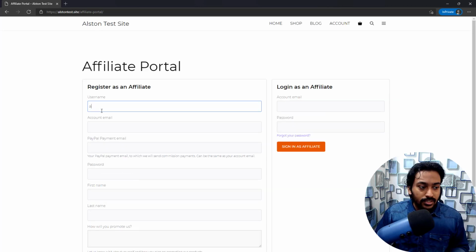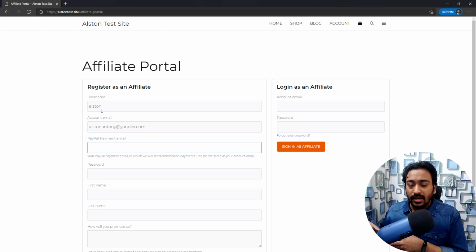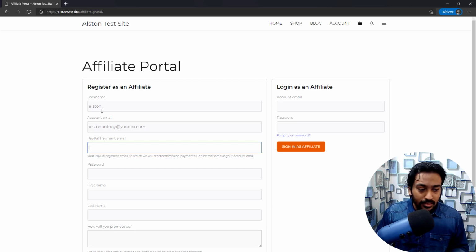First I'm going to give the username, which is going to be Alston. I'm going to give an email address. I'm going to give a PayPal email, which could be different from my email. For example, most people might have a different payout email for PayPal compared to the email they want to log in with or receive notifications. So I really like that they give us the separate option, but I would like to keep the PayPal payment email as optional, whether I want to collect the payout email now or at a further date. I hope that will be improved, but currently they can give the payout email here as well.